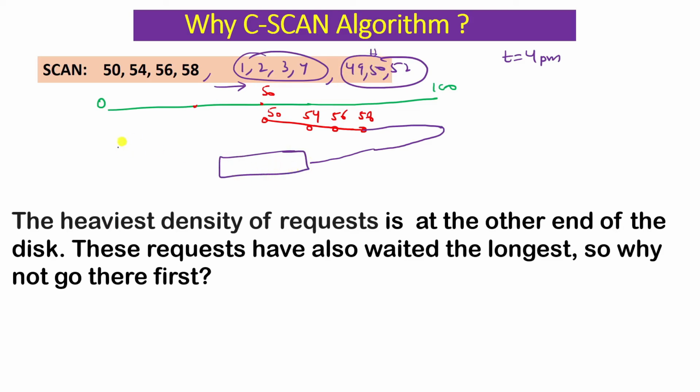But they are waiting from t equal to 4 p.m., although both this set of requests and this set of requests arrive at the same time, at t equal to 4 p.m. Let's say these are serviced at t equal to 5 p.m., but they will be completed, let's say, at t equal to 6 p.m., so their waiting time is more, of 1, 2, 3, 4. They will be serviced now. Let's say again we change our direction.